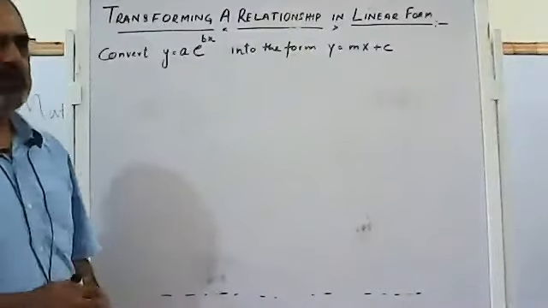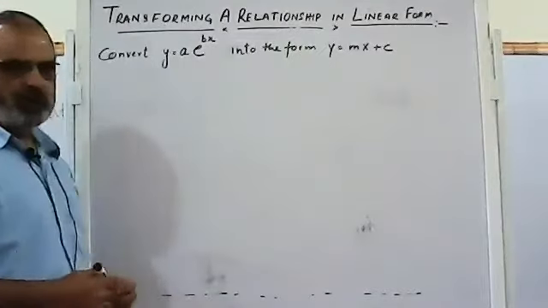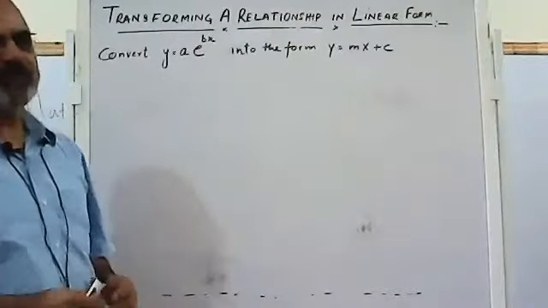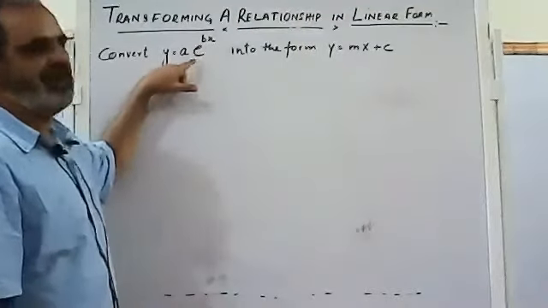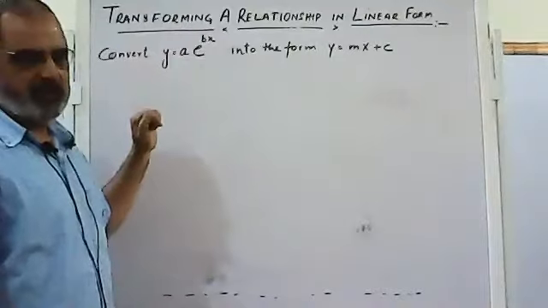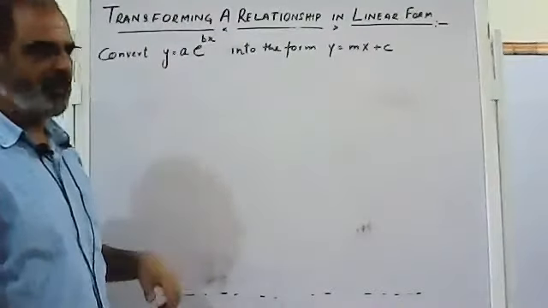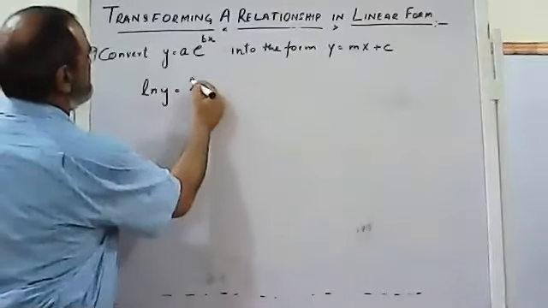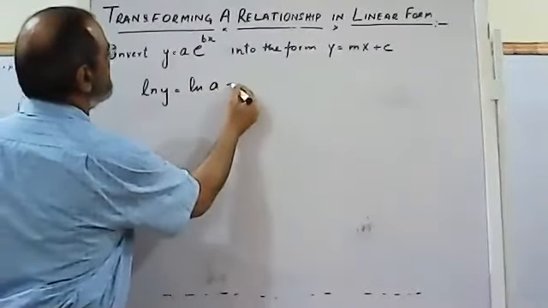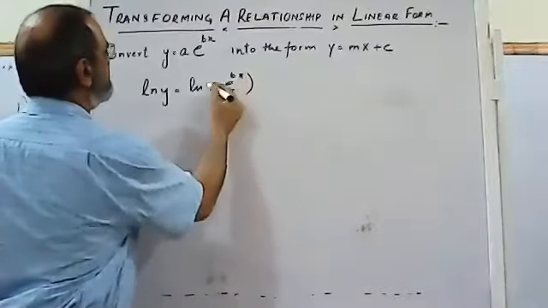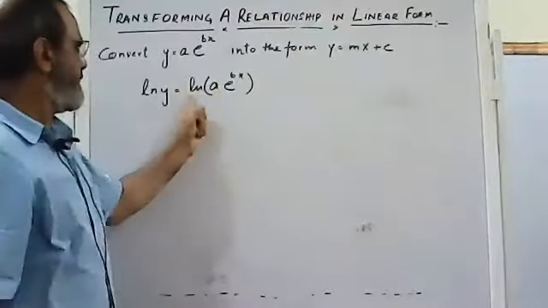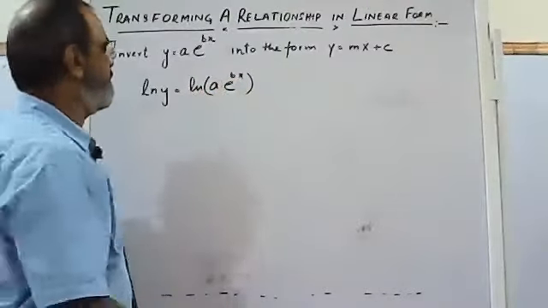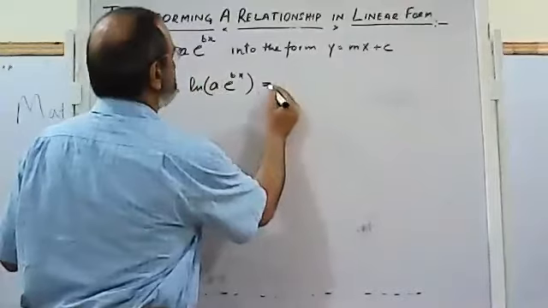For that purpose, I'll take log. You can take natural log or a common log. It's your choice. It doesn't matter which log you're using. But if e is involved, then we will prefer natural log. So here I'm going to use the natural log. There is a product of a and e raised to power bx. So I'll use the product rule for the log. According to that,